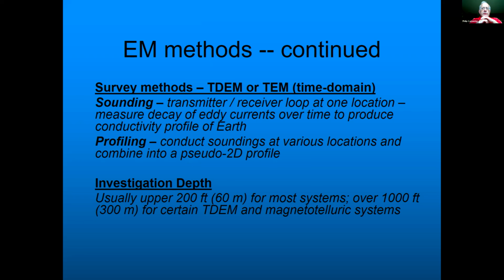Again, for the direct current stuff, there's actually lots of free software for that. You can contact me if you want some information on that. There's somebody at Wheaton College who designed a system you can build for like $500. He's also got free software. So EM is a little different. You have to actually buy proprietary software to interpret the data, unfortunately.